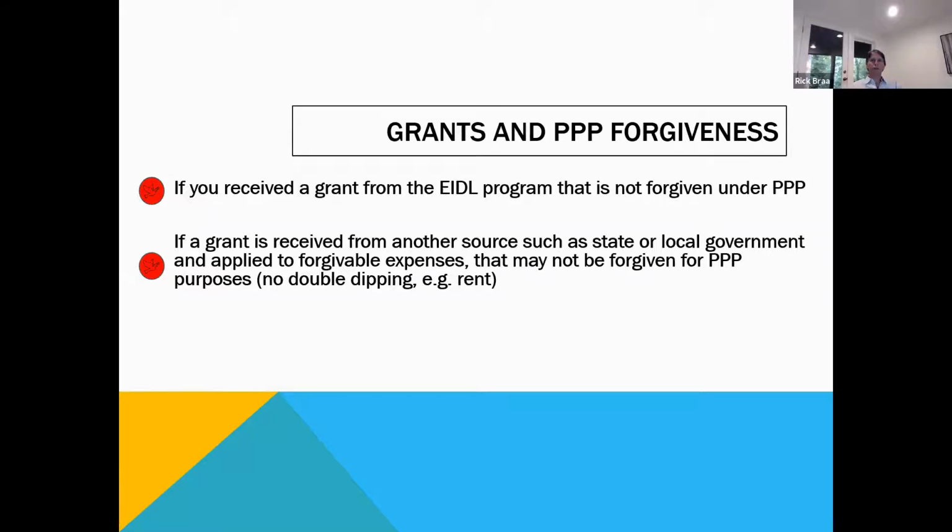So if you've got a grant, you are assured that if you got a $10,000 grant, you're going to owe $10,000 for your PPP. You're going to have to pay it back. So make sure that you're saving for that, because you will have to pay it back. The other thing around the PPP is it does accrue interest, and whatever interest is accrued, even though it's only at 1%, when you have to pay your loan back, you have to pay that with it. So you're going to want to make sure that you save some money to pay that $10,000 back or whatever